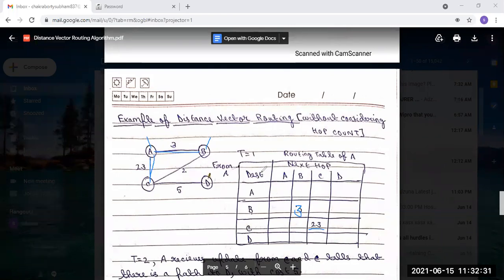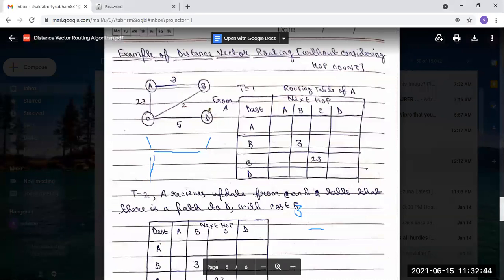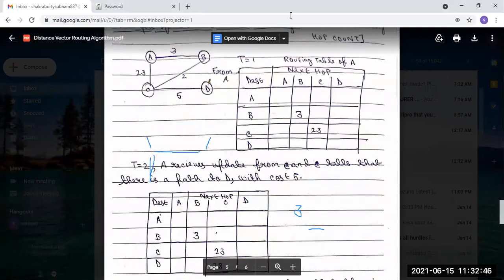So the first time, all the direct communication values are put, A to B and A to C. Then at the next time, T2, A receives an update from C, and C tells that there is also a path to D with cost 5. So A receives an update.